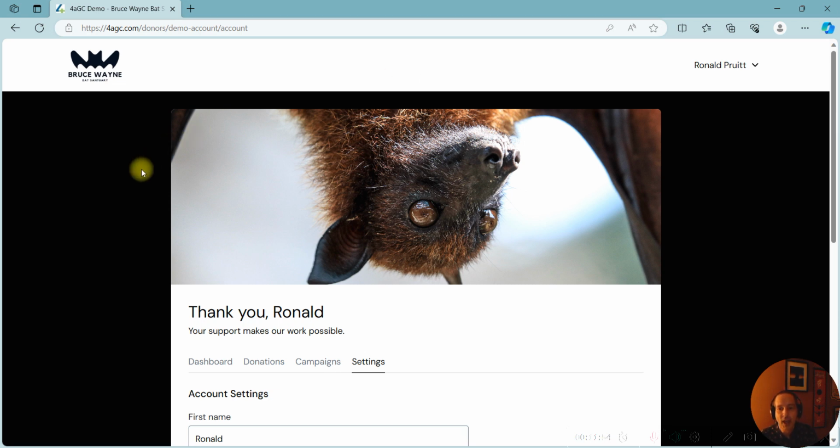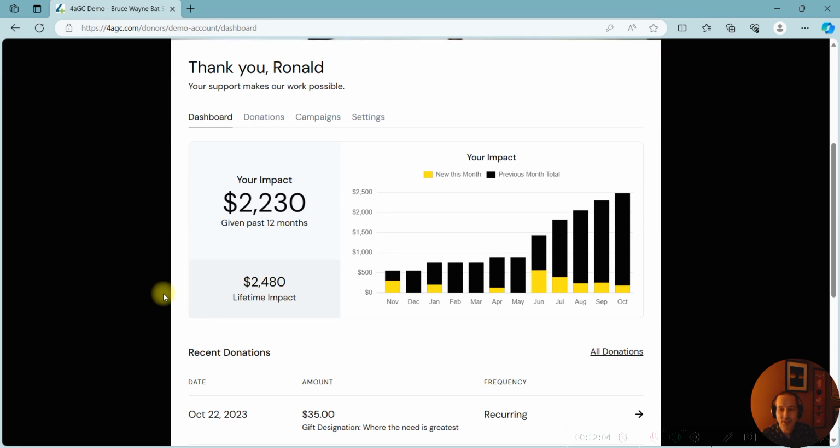I think something that's going to help you guys provide some really great customer service to your donors. And again, with things like the dashboard, help them feel really good about the giving that they're making to you guys. Now, how do you implement this? How do you get your login? This is pretty simple. Let's jump over to